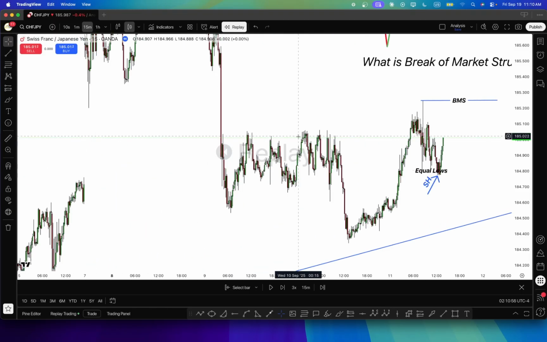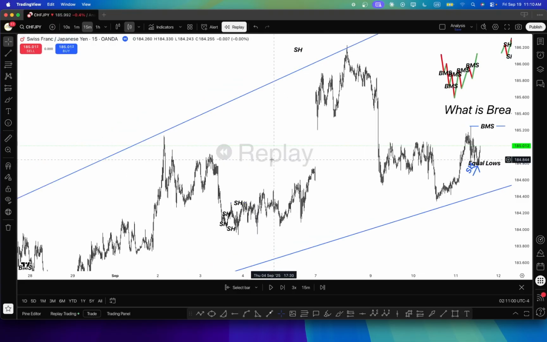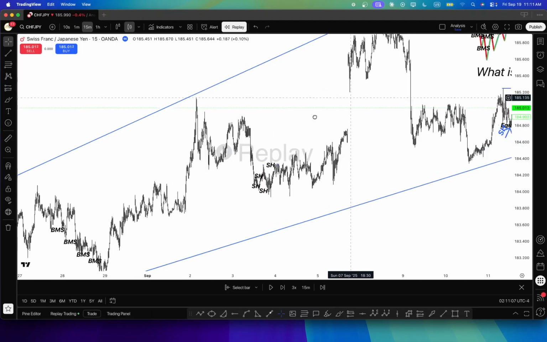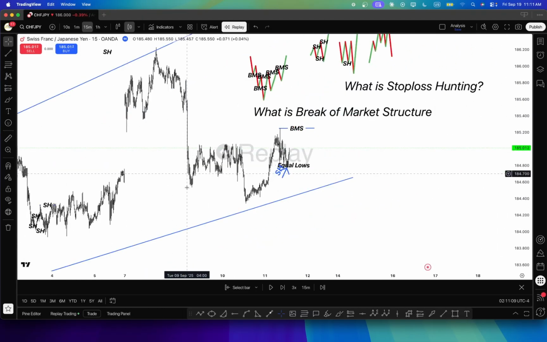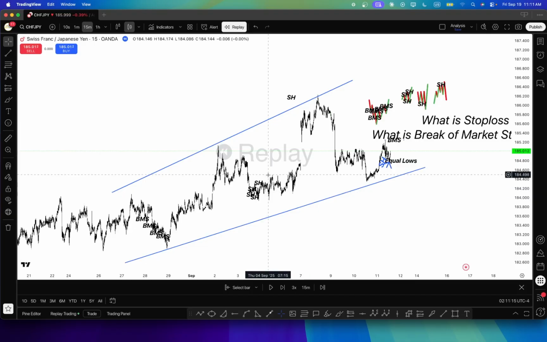So the first one is our break of market structure, and then we have to look for stop loss hunting. As you can see, every structure is getting broken. Market is breaking this structure, market is breaking this structure as well, and again market is breaking this structure. So there are a lot of break of market structures happening, and the reason we look for the break of market structures is to